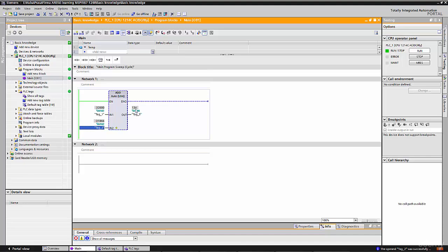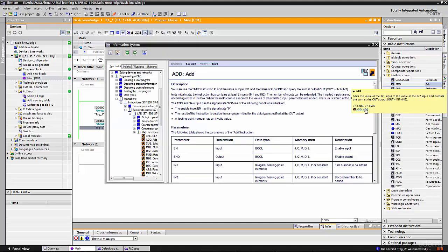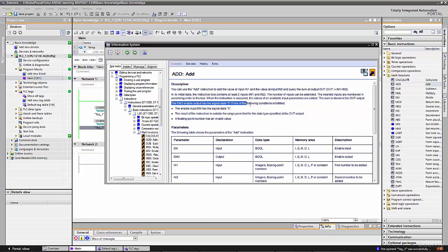value, 134, and as you see, we haven't got the ENO output supplied, so something is wrong. As you check in the help function of the adding instruction, you can read that the ENO enable output has the signal 0 if one of the following conditions is fulfilled. Check the second condition: the result of the instruction is outside of the range permitted for the data type specified at